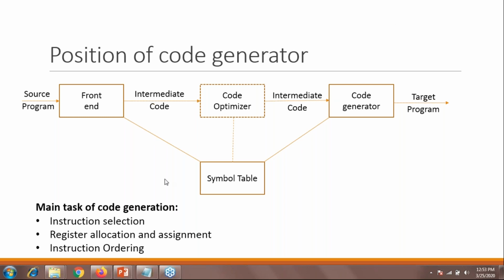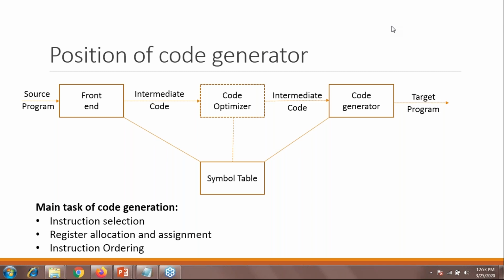So what is the major task of your code generation phase? That how many instructions they want to select for the particular given code, how many register allocations or assignments are required for a given program, which registers are going to be used, how many loads are going to be there, and in which order, that is, they need to specify the order for the given instructions, right?